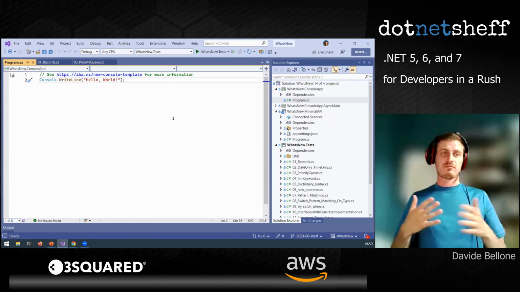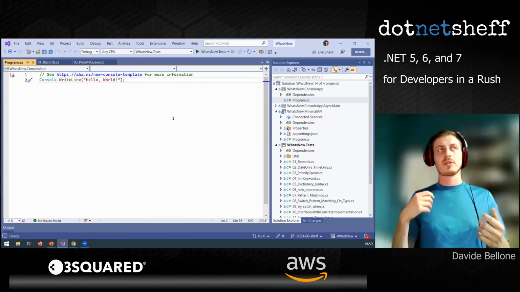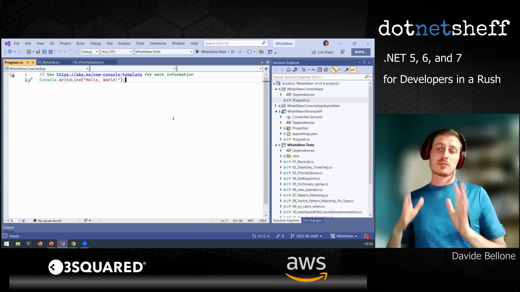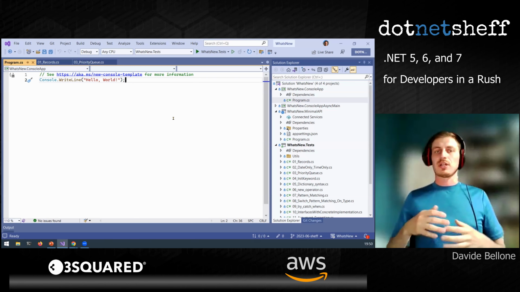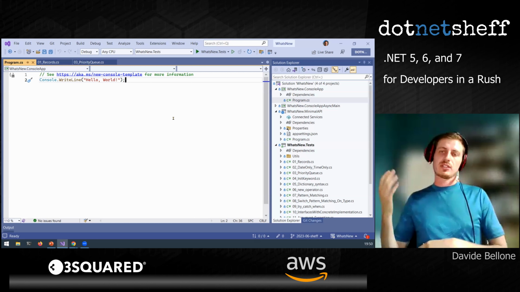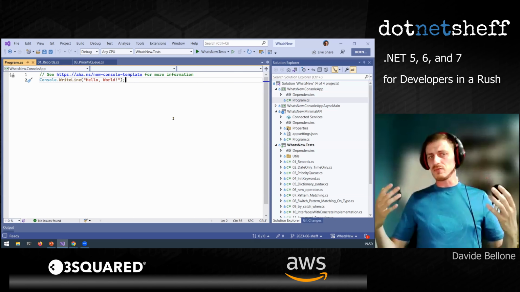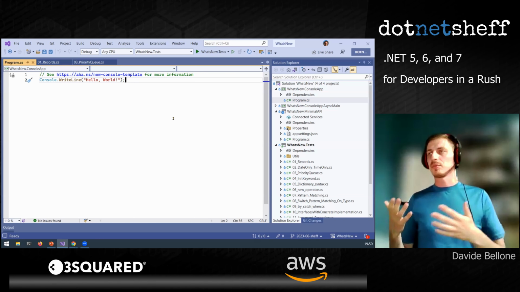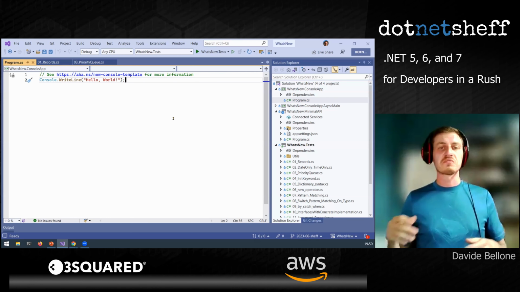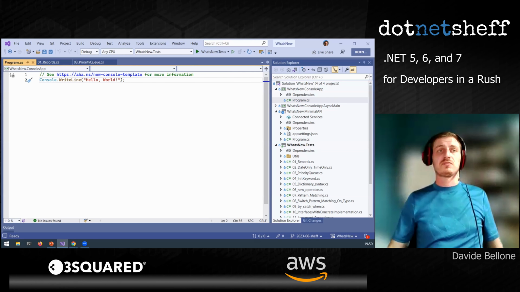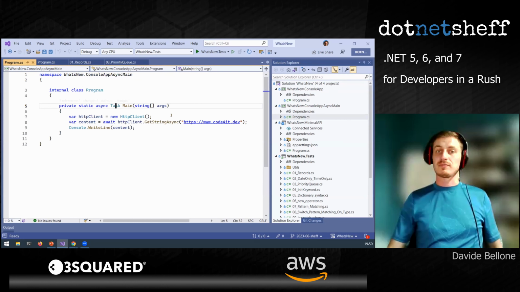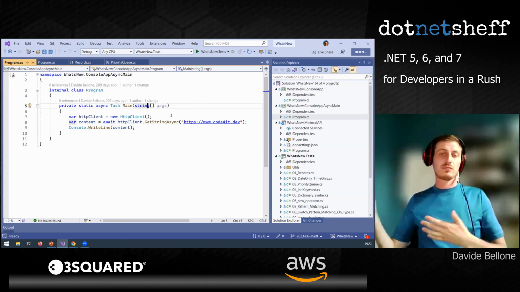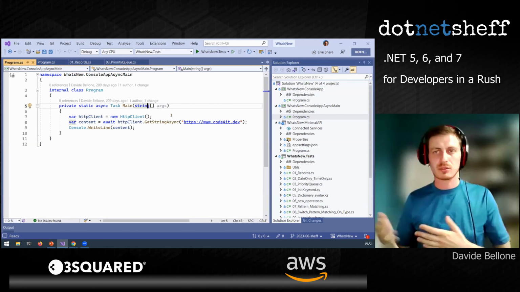This has been released probably to help developers coming from other platforms approach .NET without all the fuss of the structure and namespace and whatever. Pretty easy. Probably some of you already have used it. It's a nice thing, but of course, nothing compared to the async main, a new way to handle console applications.